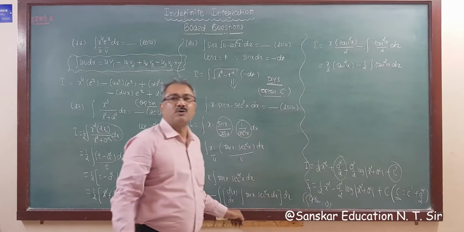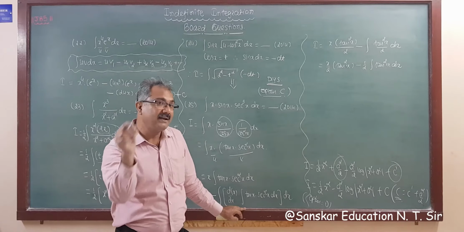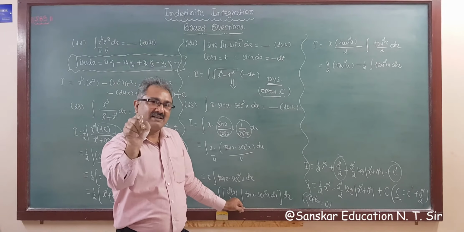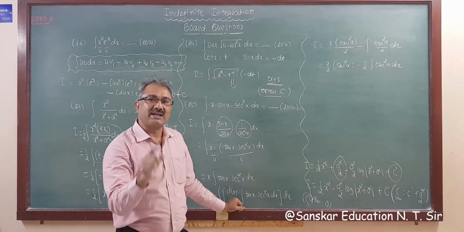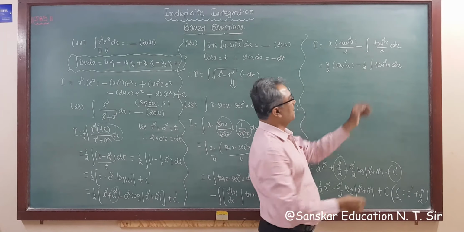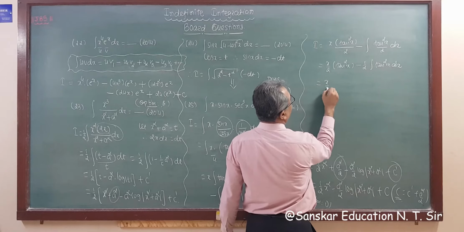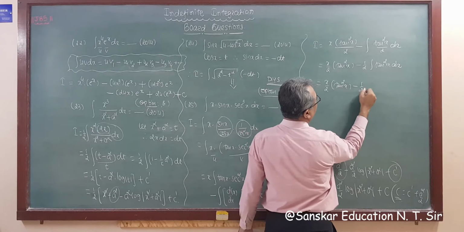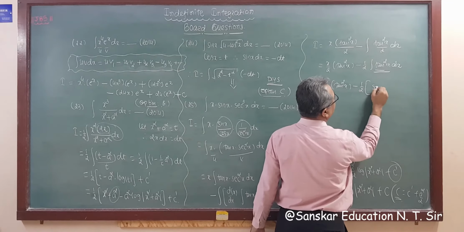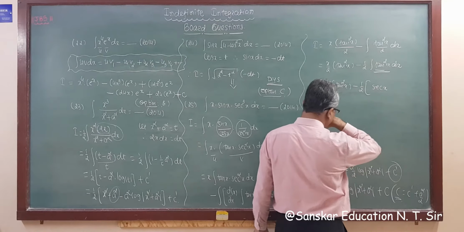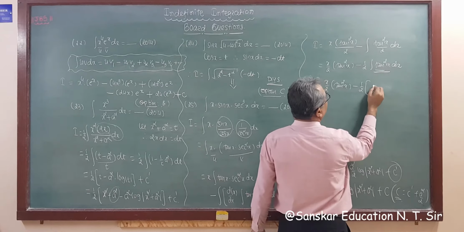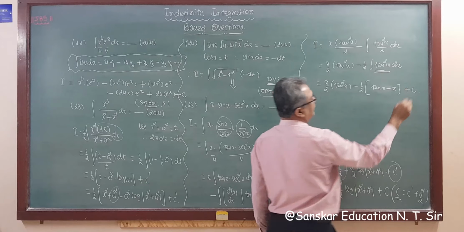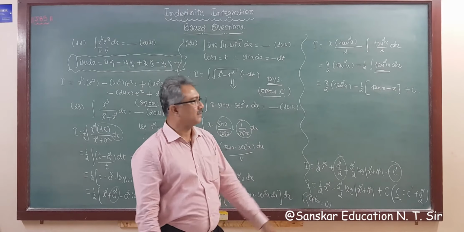Now you know there is no direct formula for tan squared x, but the integration of tan squared x is, you know what we did, sec squared minus 1, and the integration of sec squared is tan. So tan x minus x is the answer of this. I am writing directly, so you have to remember the formula, right? So minus 1 upon 2 and the integration of tan squared x is tan x minus x plus c. This is your answer, right?